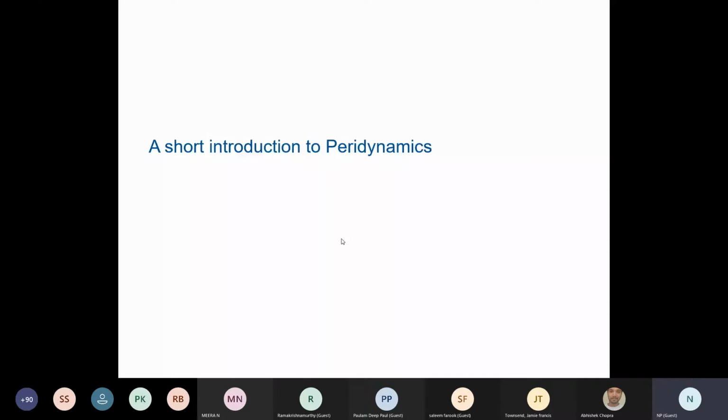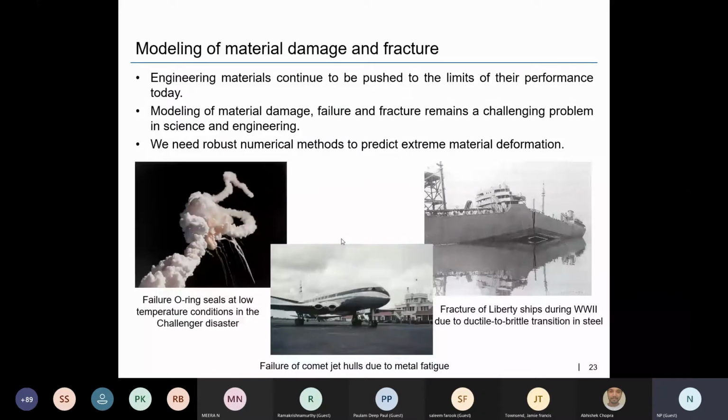And these new and unique theories and numerical methods are needed to tackle some of the most challenging problems that we have today. And hopefully I'll tie that into the need for high performance computing as well. So let me start by talking about a specific area of solid mechanics, which is the modeling of material damage and fracture. Engineering materials of various types continue to be pushed to the limits of their performance today,